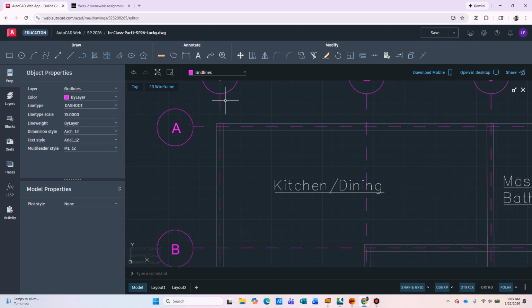Now to place the dimensions, this is going to be our last task today before we put this floor plan in the private block. You just go to the annotate group, click on the dimension tool,